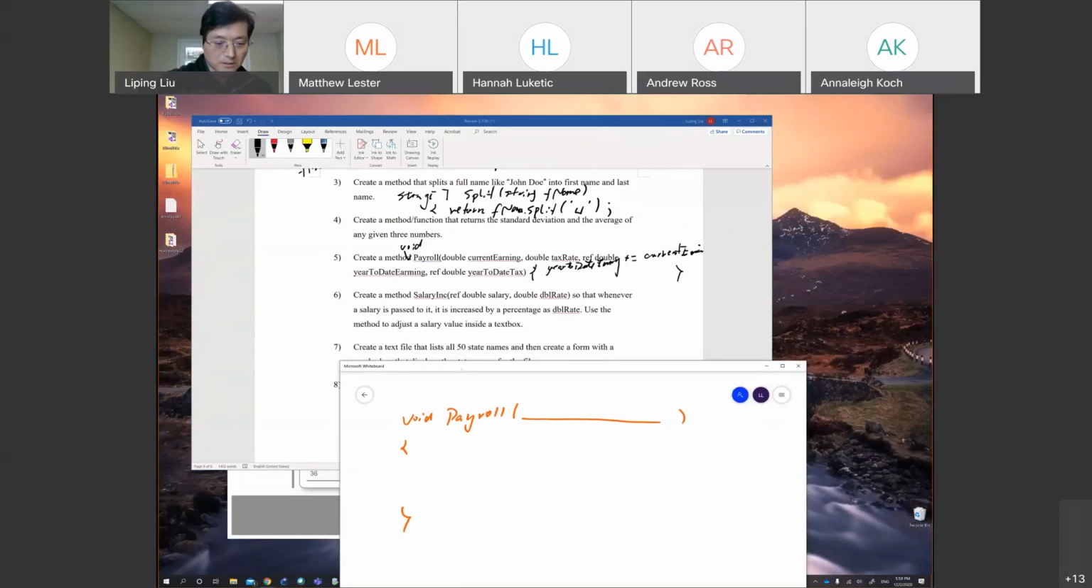Okay, output return. Okay, so basically, what do we need to return? First, year-to-date earning. Okay, equal to year-to-date earning plus the current earning, right? Current earning. Okay, semicolon. And then there's one input, one output is handled, and the second output is year-to-date